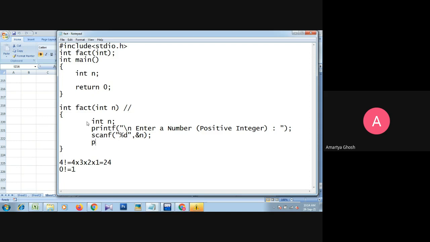Now we just print the output, that is printf, backslash n, backslash n, backslash n, the factorial of %d. Here %d means the value given by the user will be printed, and here will be the output or the solution.